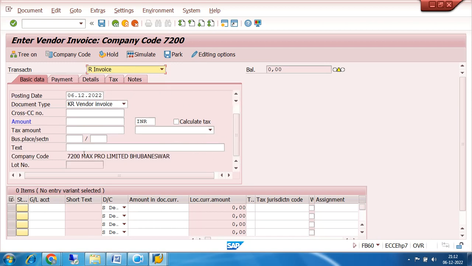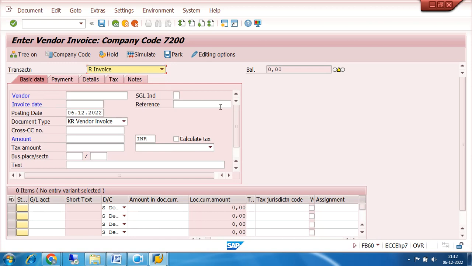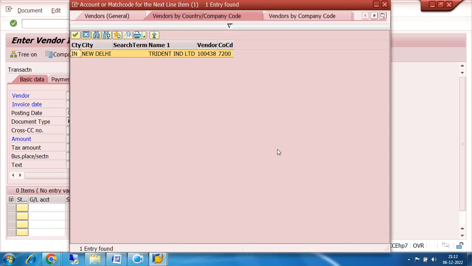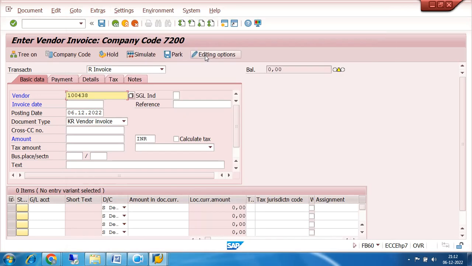So first of all, I have to change the company code. Then I have to assign the vendor. I have to decide on which is the vendor to whom the purchase invoice shall be posted. So this is the vendor, Trident Limited, right? So I am putting the invoice date, 6th December 2022. Now